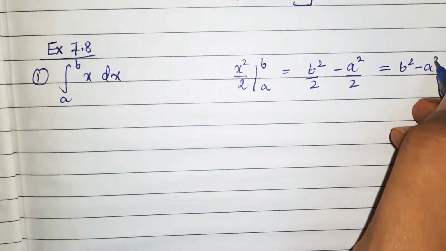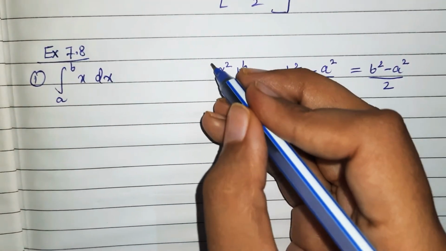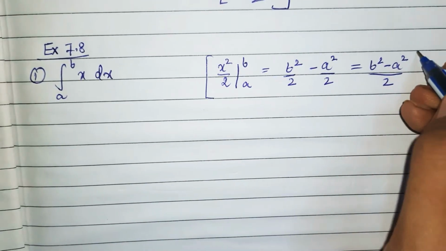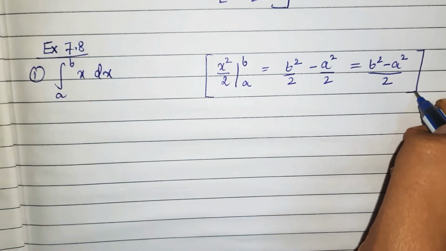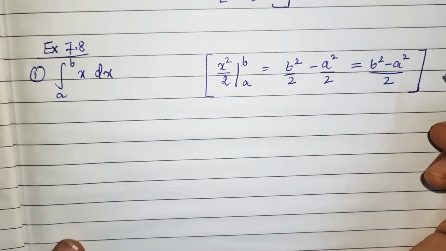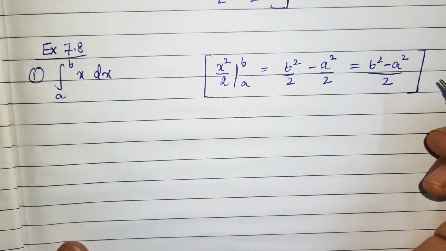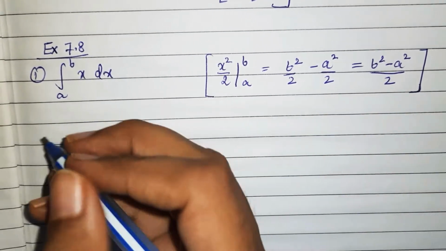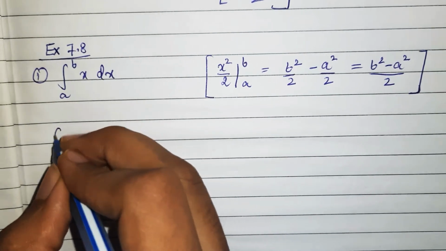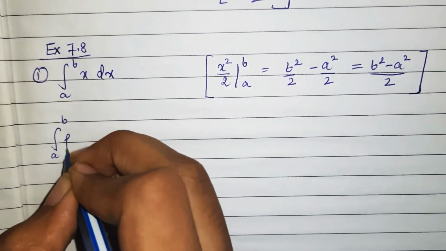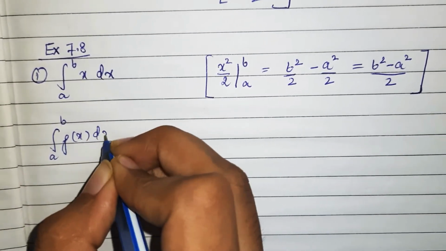So why am I calculating? Just for cross-checking that I will definitely get this answer. But if in the paper you do it like this, you will get 0 marks, because they will tell you that you need to attempt it as a limit of a sum. Now what is the formula for limit of a sum? This you need to remember every time.